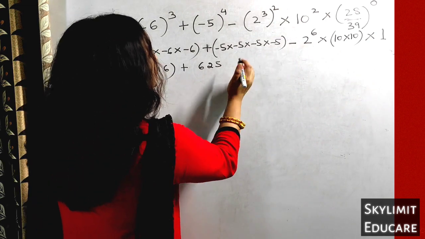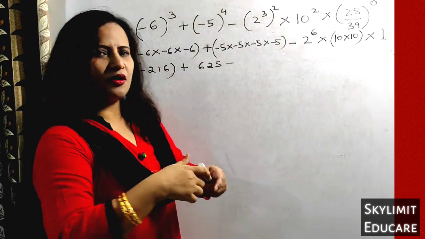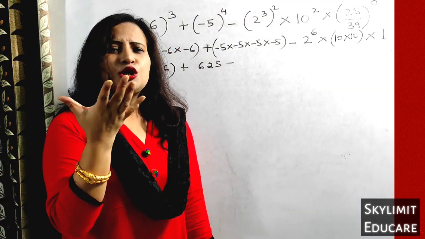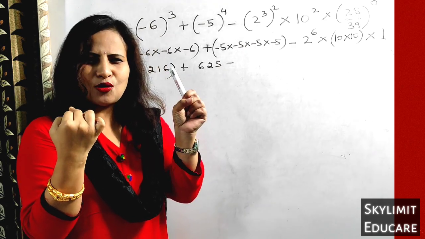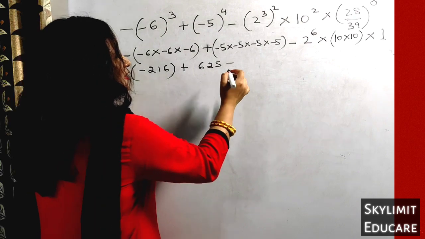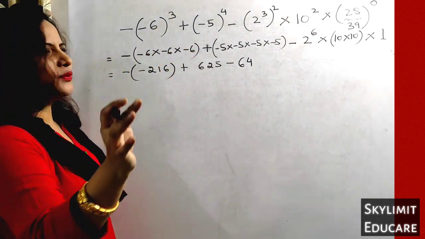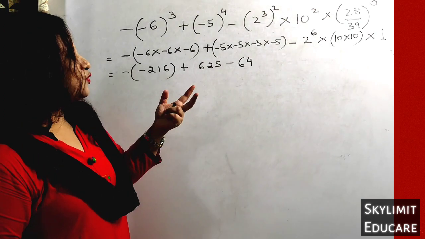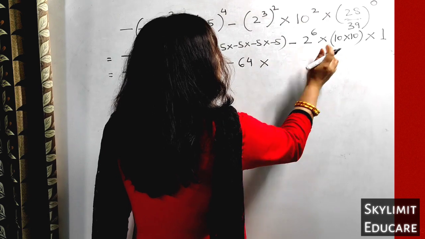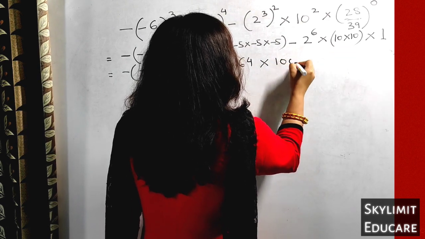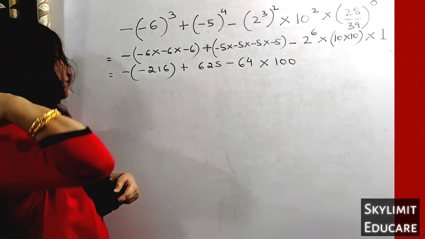Then you have here minus 2 to the power of 6. Now find the value of 2 to the power of 6. 2 twos are 4, 2 fours are 8, 2 eights are 16, 2 sixteens are 32, 2 thirty-twos are 64. Yes or no? You have to multiply 2 how many times? 6 times. 2 into 2 into 2 into 2 multiplied. Okay, 6 times. So you get 64. Then now multiply by 10 tens are 100. Multiply by 1. Leave it now. Multiply by 1 is not needed to be written again.